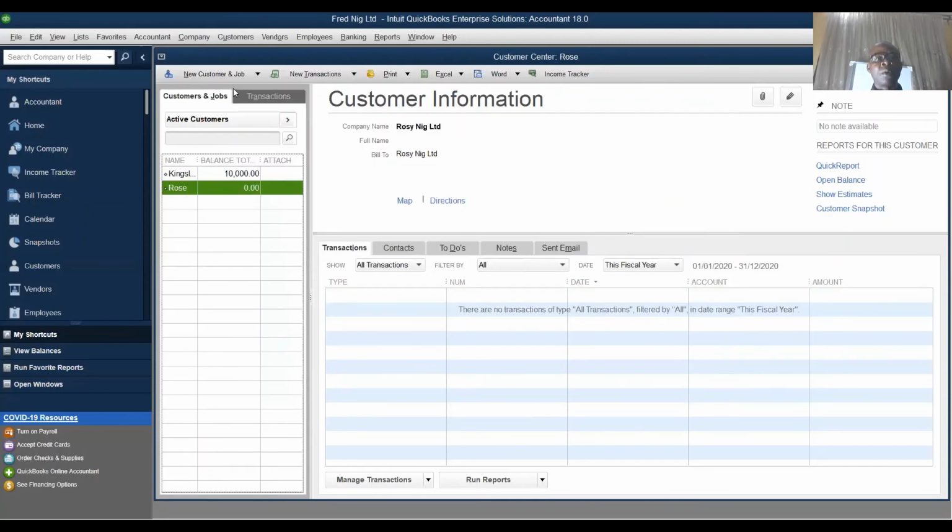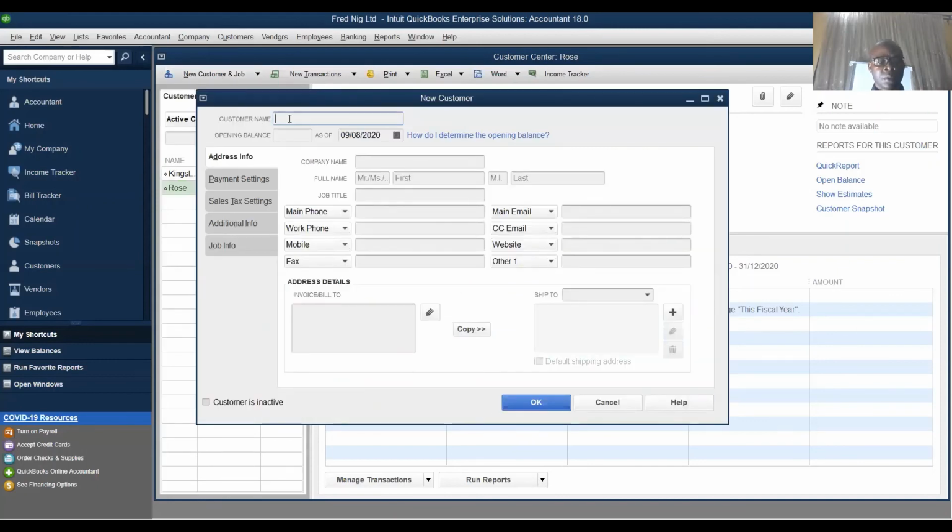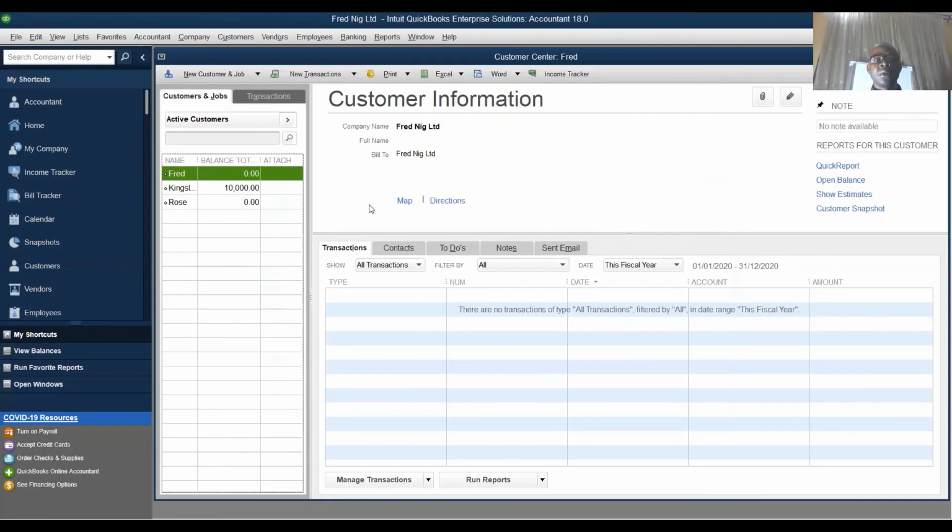So let me add one more customer. So also fill the same, fill all the space. Then when you are also sure that everything is complete and correct, click OK. So you have created